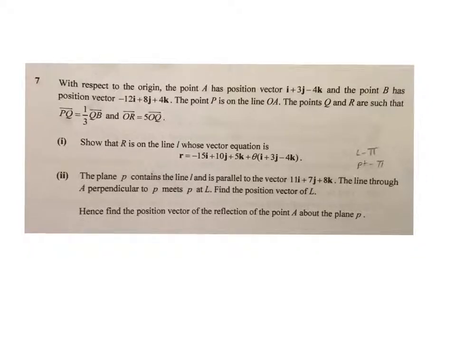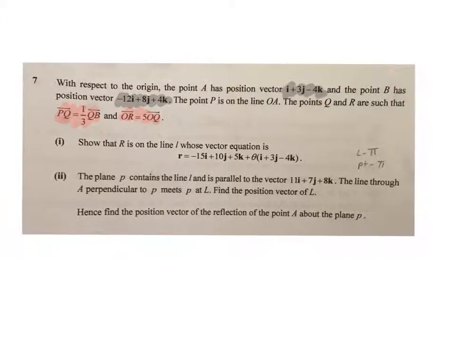With respect to the origin, I've got point A with a position vector of (1, 3, -4). And then point B has a position vector of (-12, 8, 4). Point P lies on OA, and Q and R are such that PQ is 1/3 of QB and OR is 5 times OQ. So part 1 requires us to show that R is on the line whose vector equation is